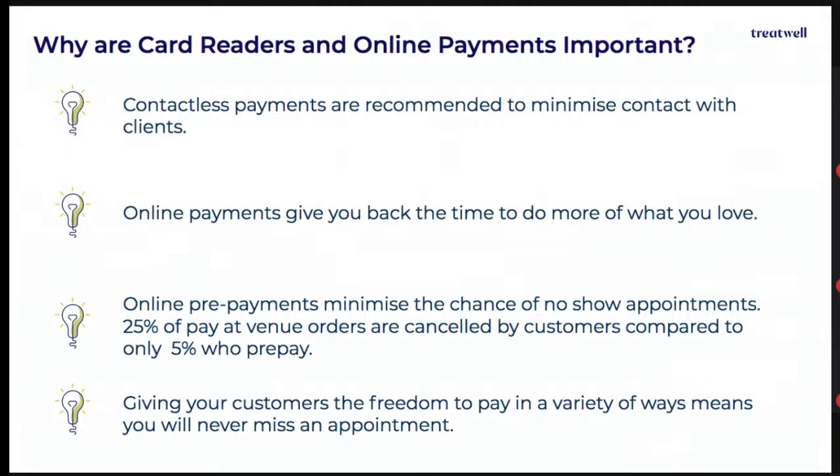So 25% of all pay-at-venue orders are actually cancelled by customers, compared to only 5% who prepay. So there's a big difference there: when a customer has booked and they have paid, the likelihood is they're going to show up, and it allows you to guarantee that appointment. Giving your customers the freedom to pay in a variety of ways means you'll never miss an appointment as well. Giving that customer that flexibility guarantees you get that slot booked and that bum on the seat, which